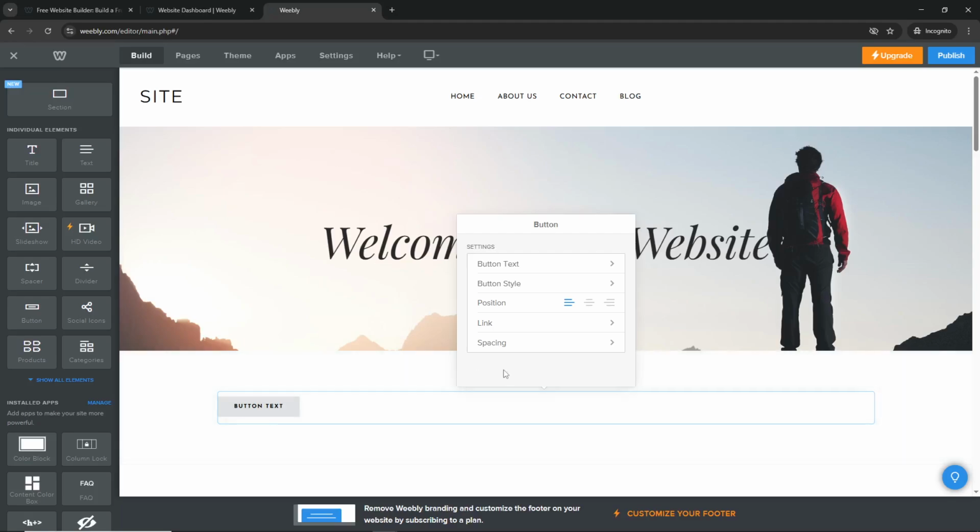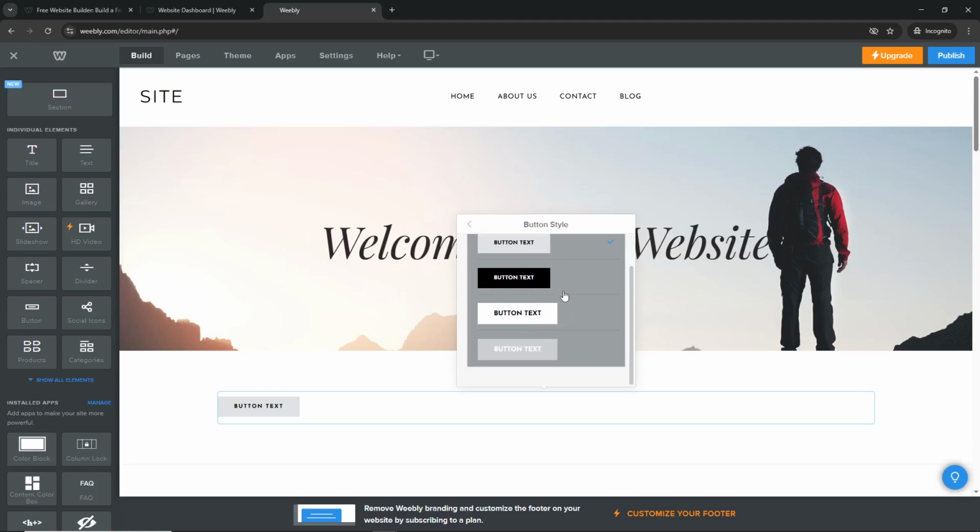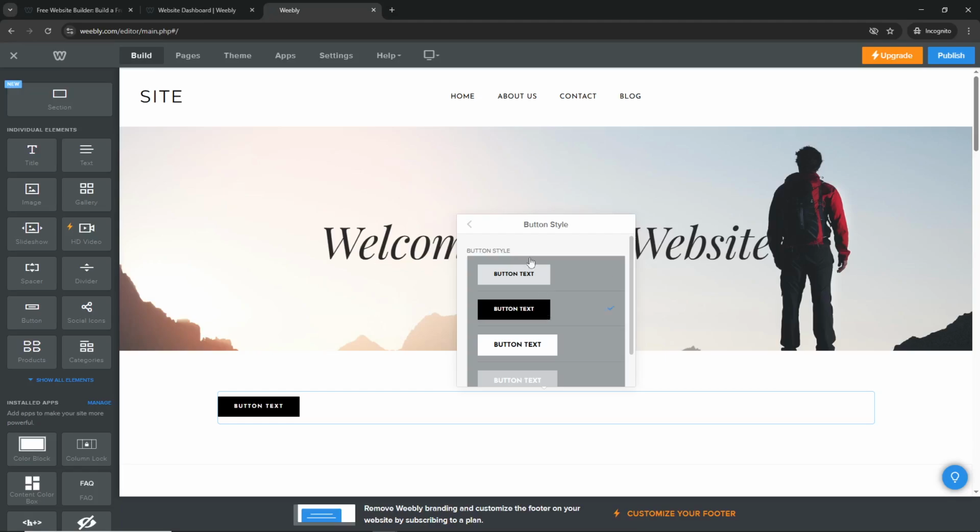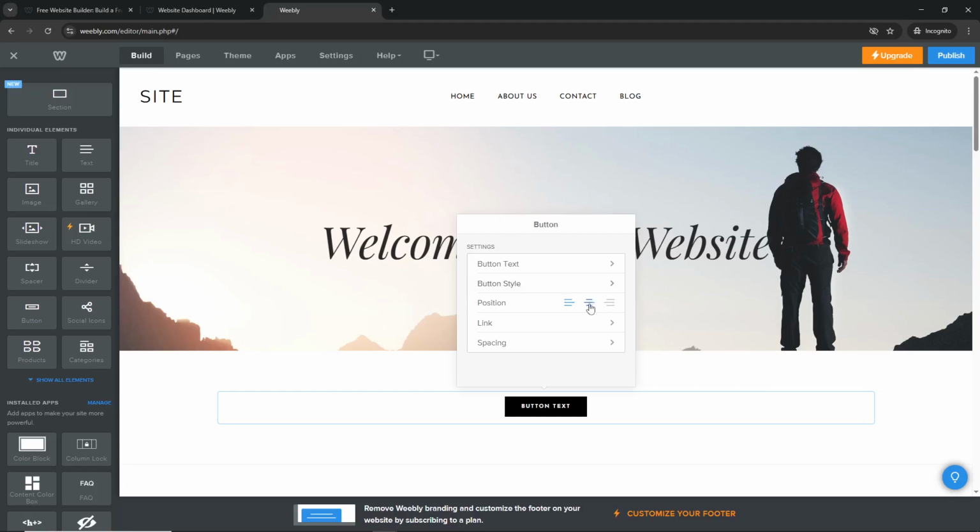This is where you can fully customize how your button looks and functions. In the editing panel, you'll be able to modify several aspects of your button. You can change the button text to whatever call to action you need, whether that's sign up, learn more, or contact us. Next, explore the button style options to match your site's design, adjusting colors, fonts, and shapes. You can also control the button's position on the page to ensure it's placed exactly where you want visitors to